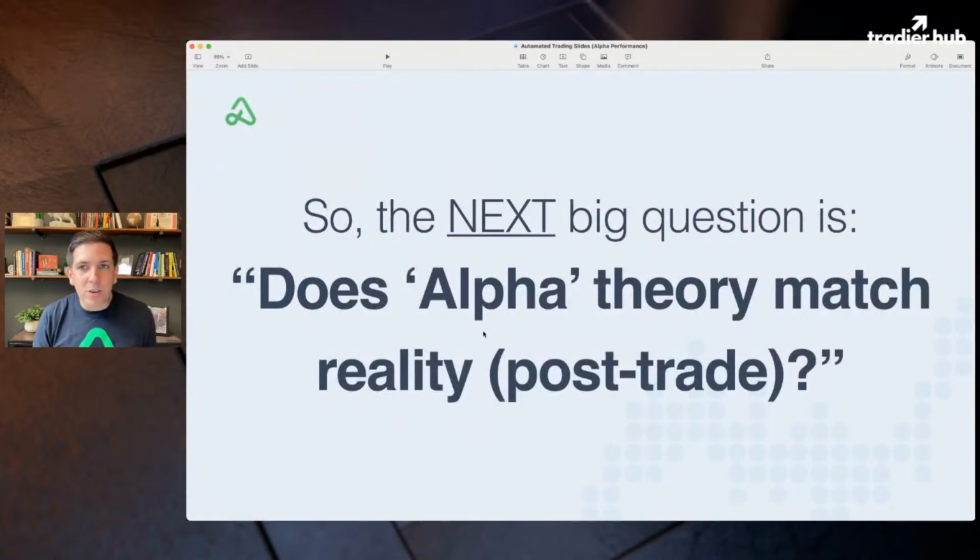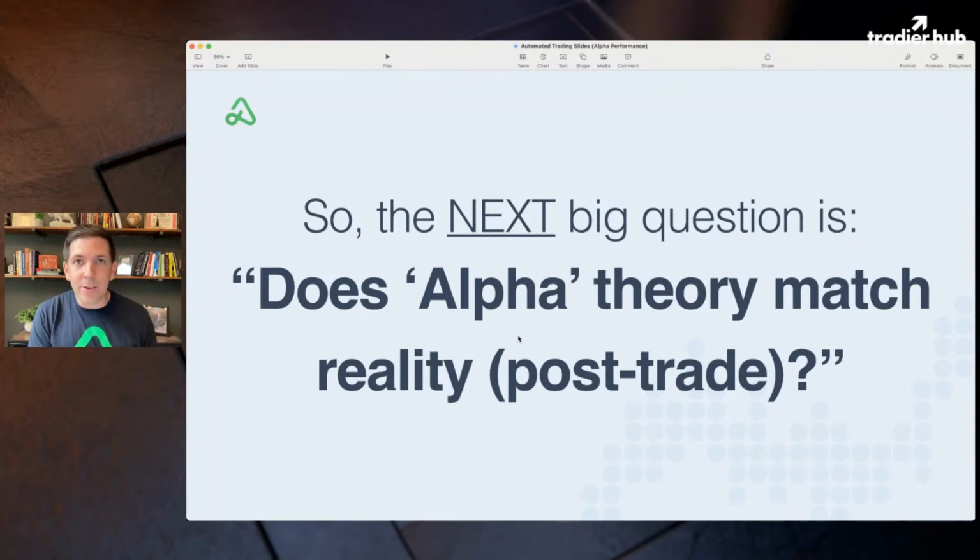So the next big question from here, of course, is, okay, this sounds really cool, I like alpha, makes sense. But if you're a skeptical person like I am, the next big question you should be asking is, does alpha theory match reality? This is the same thing that we did in episode 2. If you go back to episode 2, what we did in the last episode in our series here,